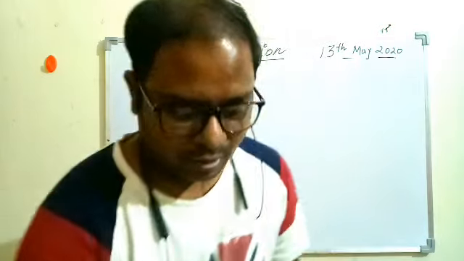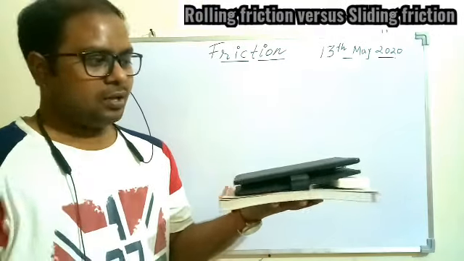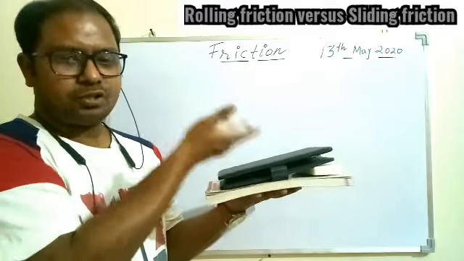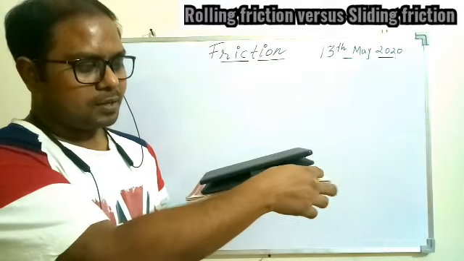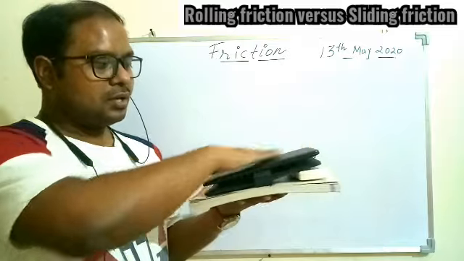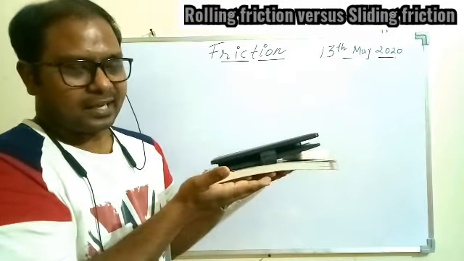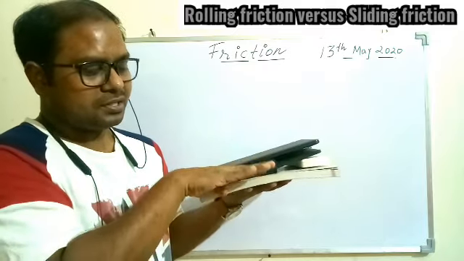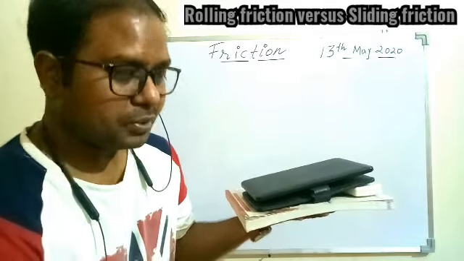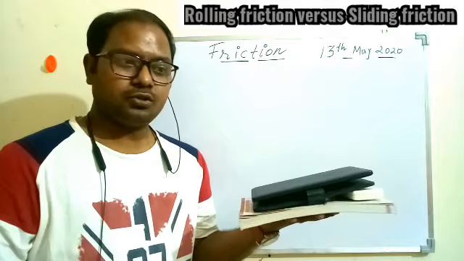Okay, so let's take the example. I have done the setup. This is one of these surfaces on which the object can slide or can roll. So I have given height on one side so that anything can slide properly. So for us we have an inclined plane on which the object can move. So this is called an inclined plane. Inclined means it is having some angle with the surface. Okay. So in the previous class we understood friction depends on the mass and depends on the nature of the surface. So take an example.